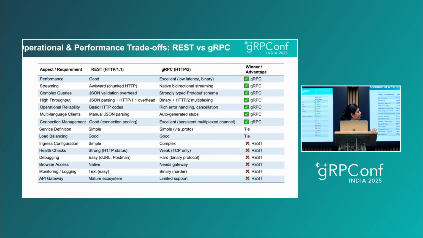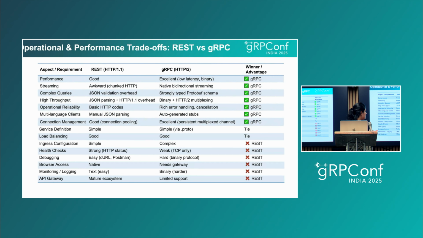There were certain scenarios where we saw that REST was doing better based on how our services were deployed. So as we know, gRPC could not be accessed directly until we come up with certain other handling for that. So for that case, ingress, configuration, health checks, browser access and API gateway was not as simple for us. We were only able to implement TCP check for the gRPC based service. Additionally, we have other checks to ensure application stability, but that was not possible through our Kubernetes-based liveness probes. Even ingress configuration was not as easy.